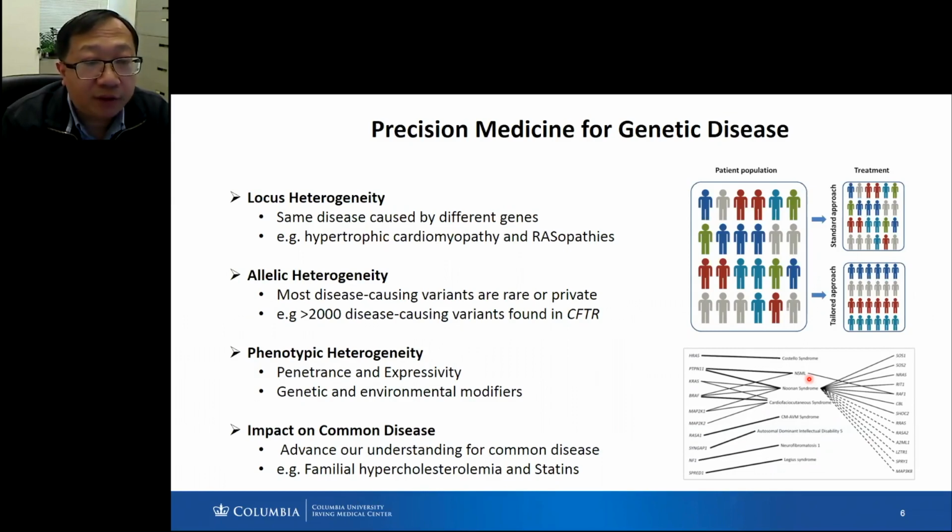We already found more than 2,000 disease-causing variants in this gene, and a lot of these variants are very rare or private, so probably just one individual carries this mutation in the whole world. So that obviously needs individualized treatment. Also, because of genetic or environmental modifiers, even different individuals could have